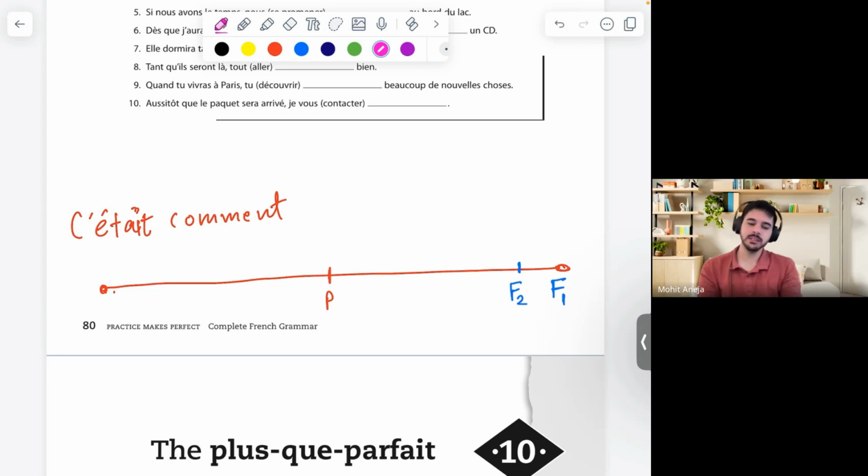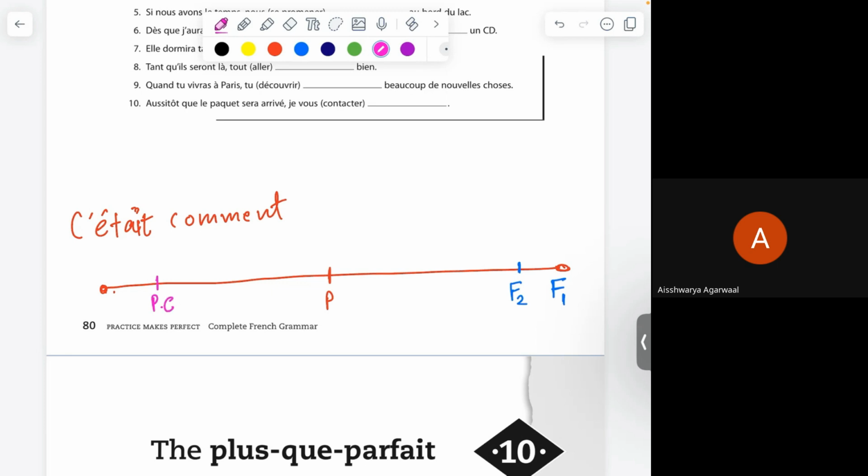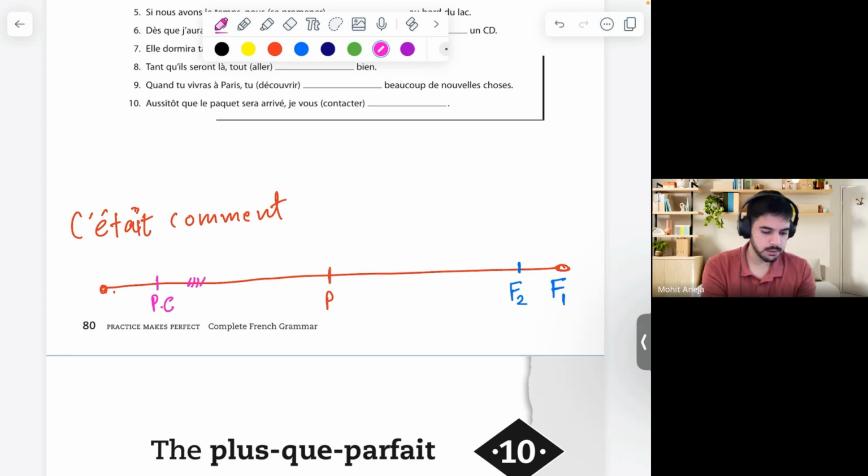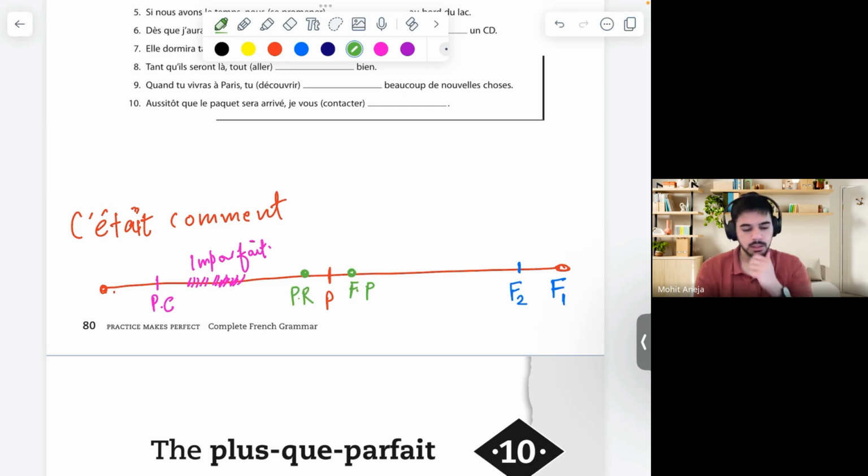And in the past, what have we covered? Passé composé, très bien. Imparfait, okay. I'm going to draw a big timeline. There's a lag in my pen today. And what other tenses have we covered? I guess two more tenses. Futur proche, très bien, and passé récent. Okay, PR. I'm writing PR for now. So these are the tenses.